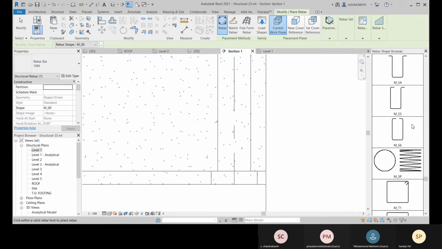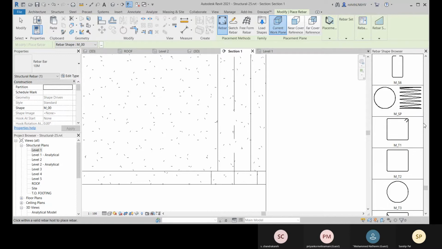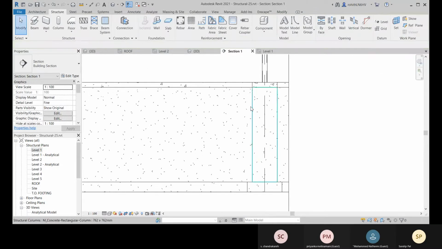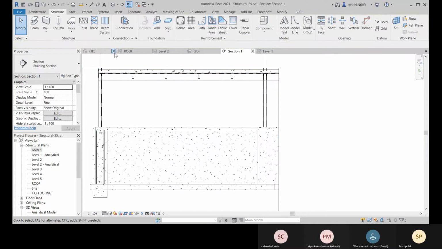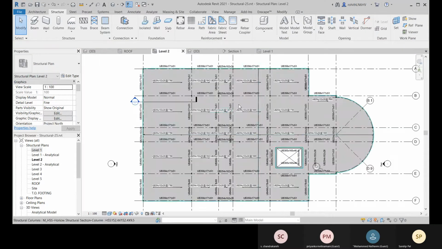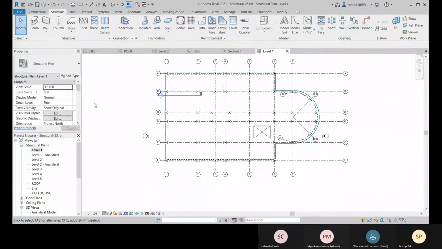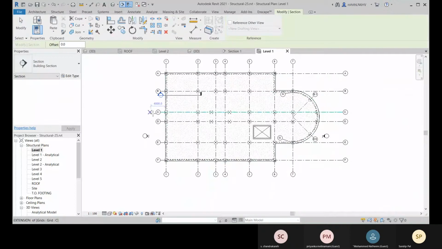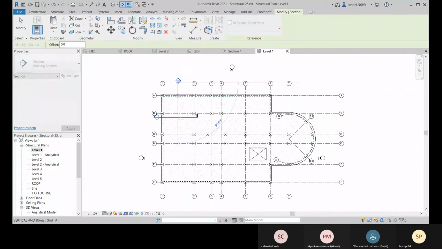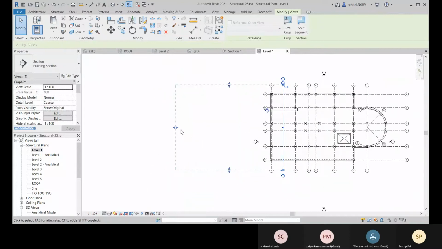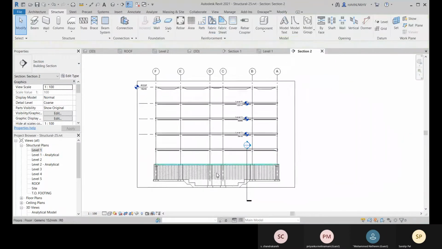So let me come to another, come to level 1, and let me place the section here. This view.